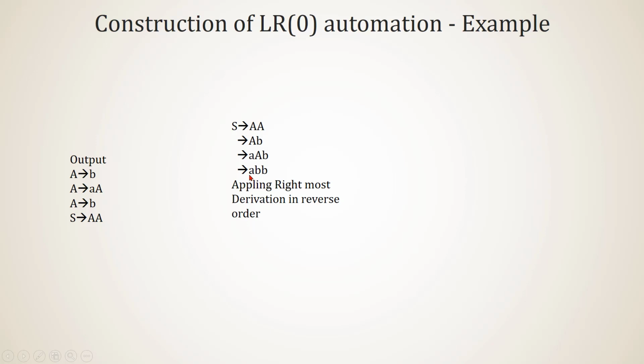In one of the previous videos we studied bottom up parsing. That means generating the parse tree from the given string to the root is the same as rightmost derivation in reverse order. So based on the output, we derived the input string. Based on this output, we can draw the bottom up parse tree also. That's all I want to discuss in this video.